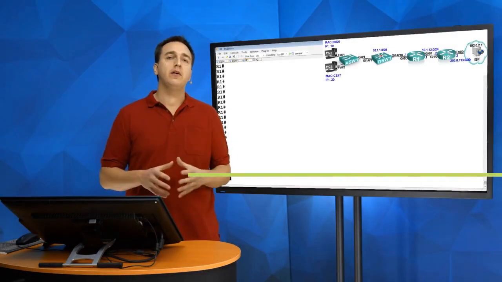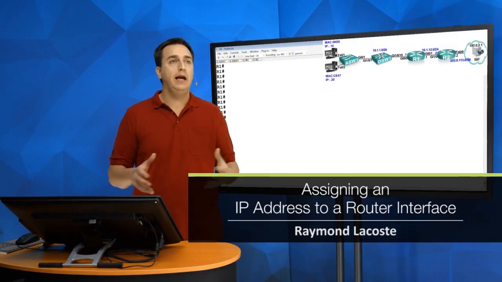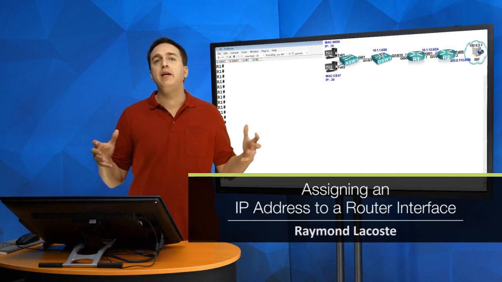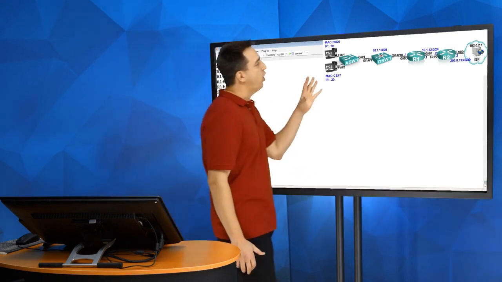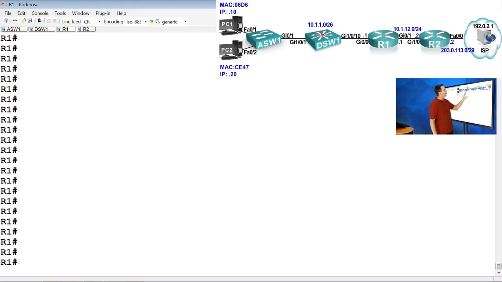By default, our router interfaces are disabled, and there's no IP addressing information on those interfaces. So when we look at this topology here, look at R1 right now. Gig 0/0 is supposed to be in the 10.1.1.0/26 network, and it's supposed to have an IP address of 10.1.1.1. Look at Gig 0/1. Gig 0/1 belongs to the 10.1.12.0/24 network, and it's supposed to have an IP address of